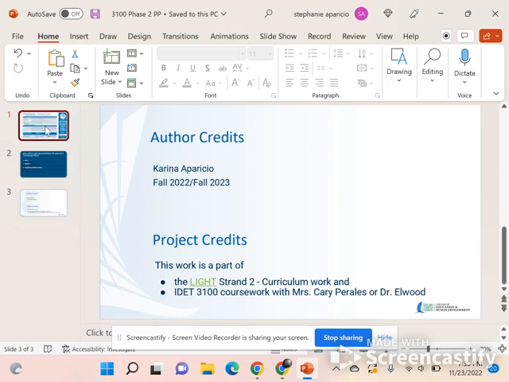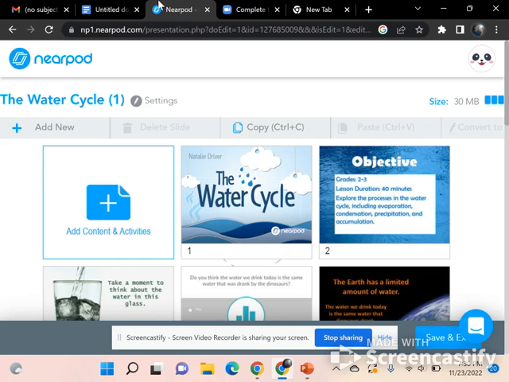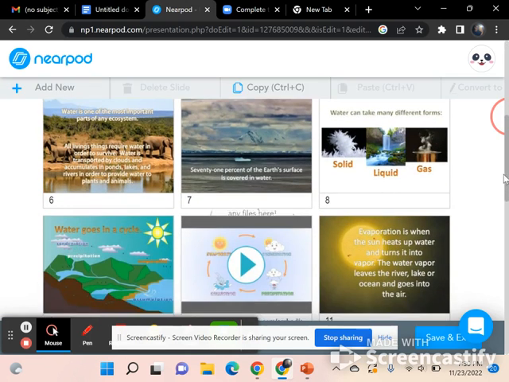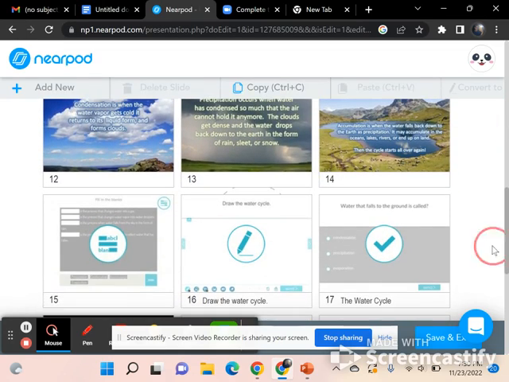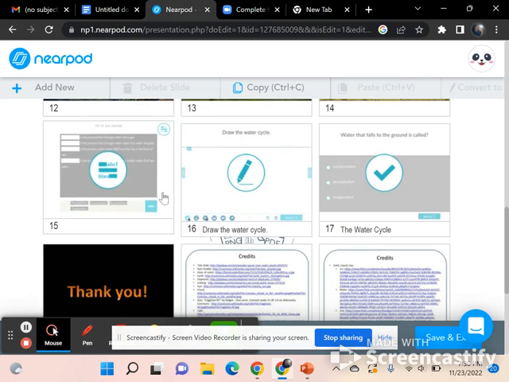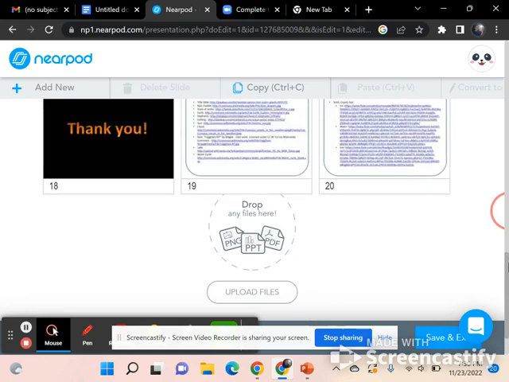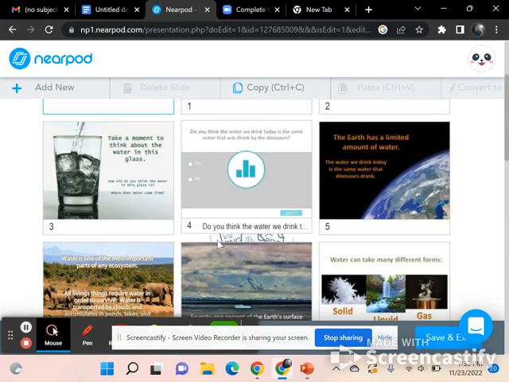This is my creation. So the students will have a Nearpod. This is what they will be going through. It talks about the water cycle, the order of it. There's the matching, draw the water cycle, a quiz at the end. And so from here,